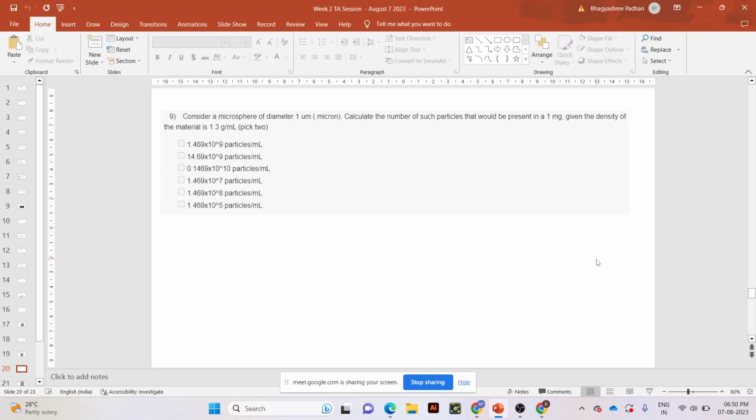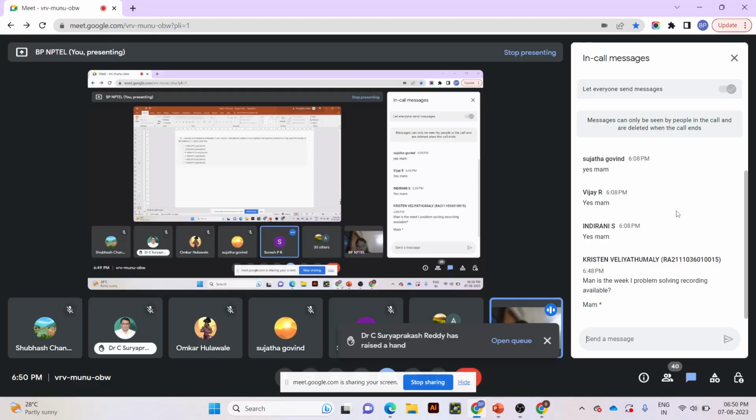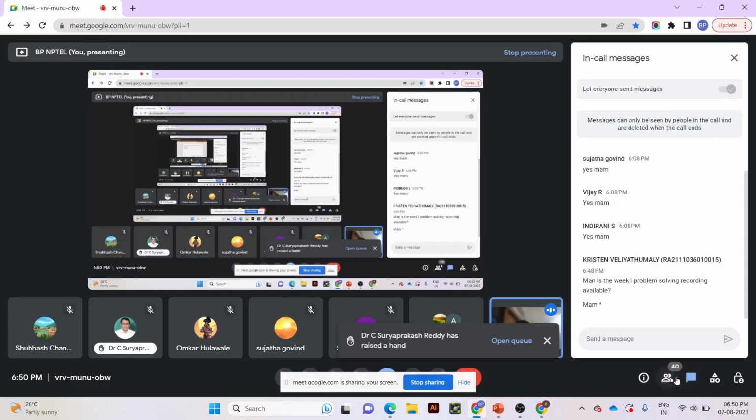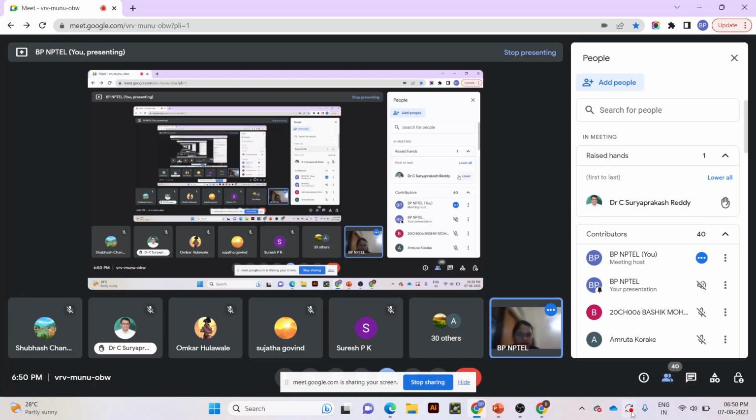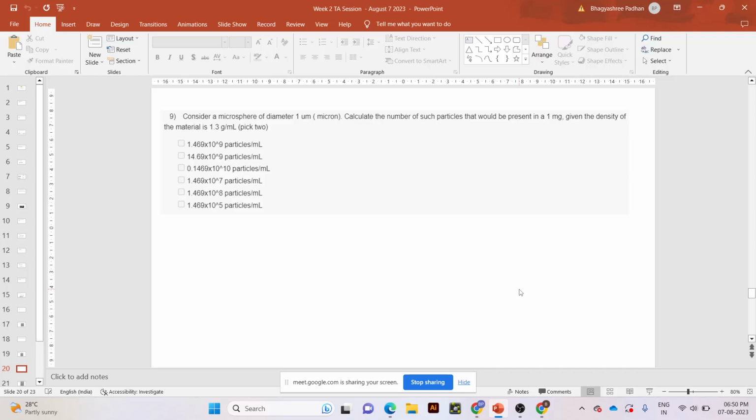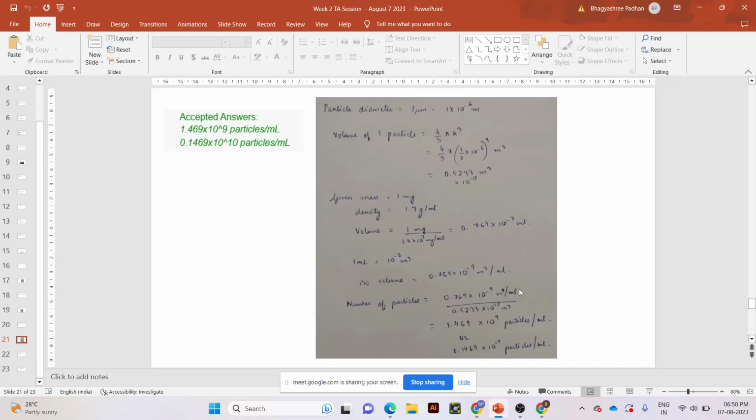Like someone was saying, we have to convert to the volume and then use the density. So that is what we have to do. But you have to solve very carefully because a slight change in the decimal point will give you a wrong answer. So these are the correct answers: 1.469 into 10 power 9 particles per ml and 0.1469 into 10 power 10